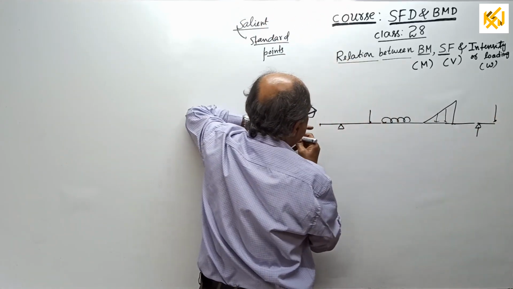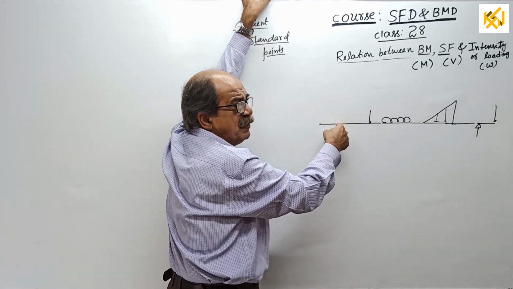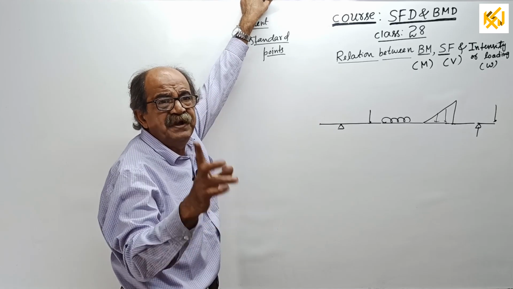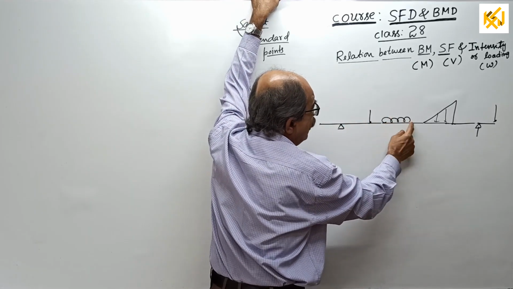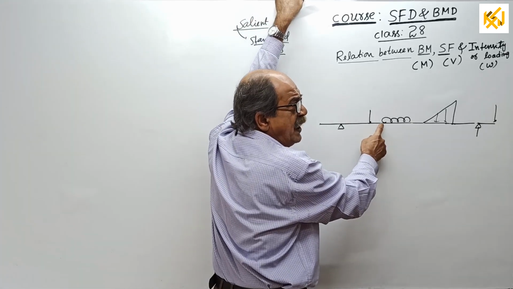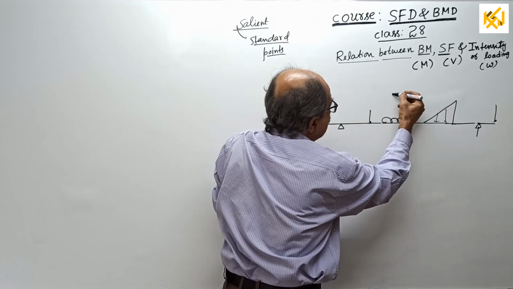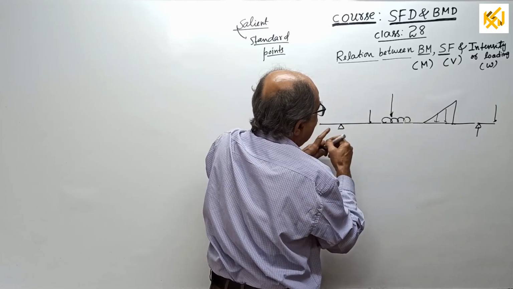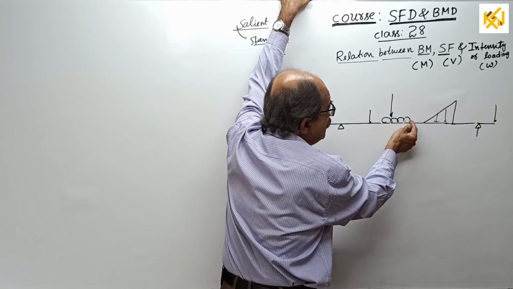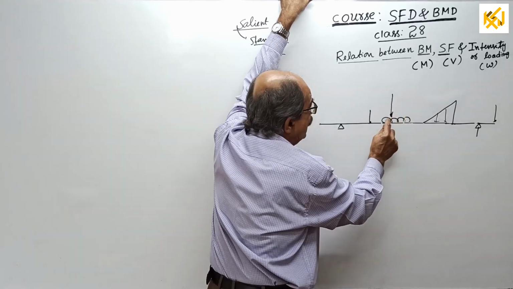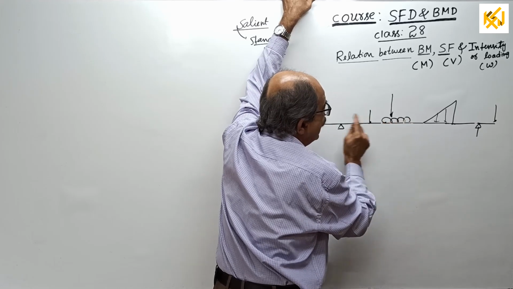This is a standard point because it is the left end of the beam. This is standard because it is supported at that point. A point load is acting here. Both of these are standard because this is where the UDL starts and this is where the UDL ends. If there is one more point load in between, then that point also will become a standard point. So you cannot say two successive standard points are here and here; it will be here and here.